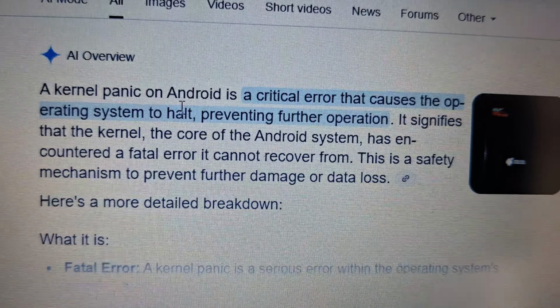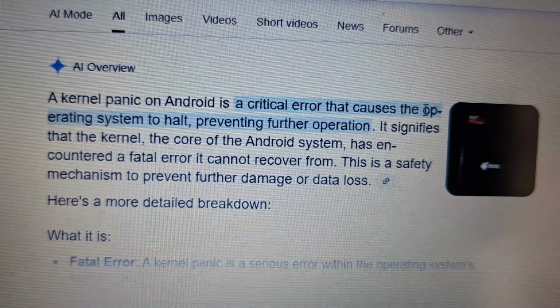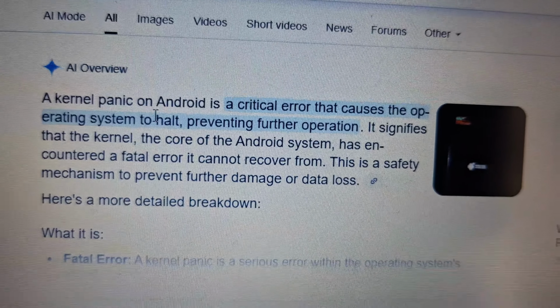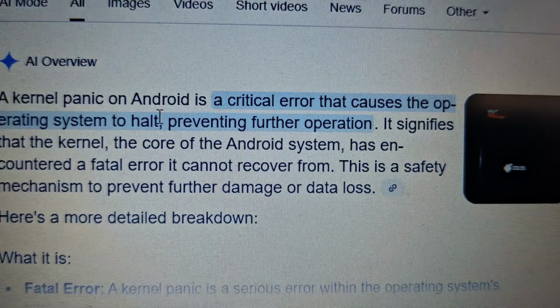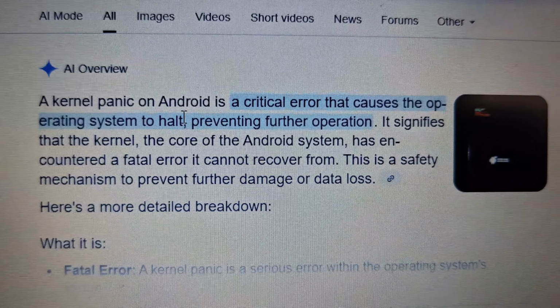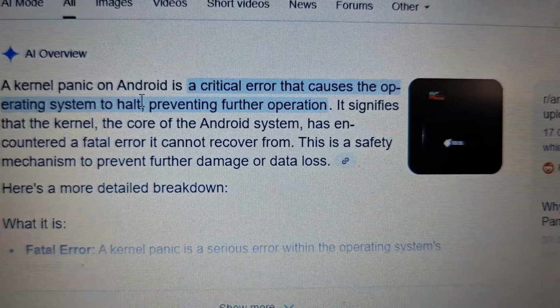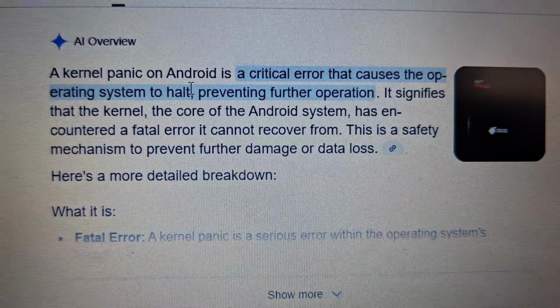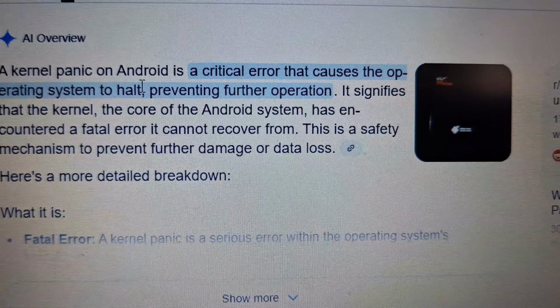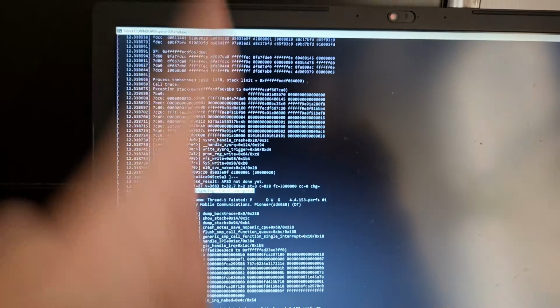A kernel panic on Android is a critical error that causes the operating system to halt, meaning it stops, preventing further operation. The kernel, the core of the Android system, has encountered a fatal error and it can't recover from it. This is a safety mechanism to prevent further damage or data loss. So, there we go. It halts the system, spits out all of this,